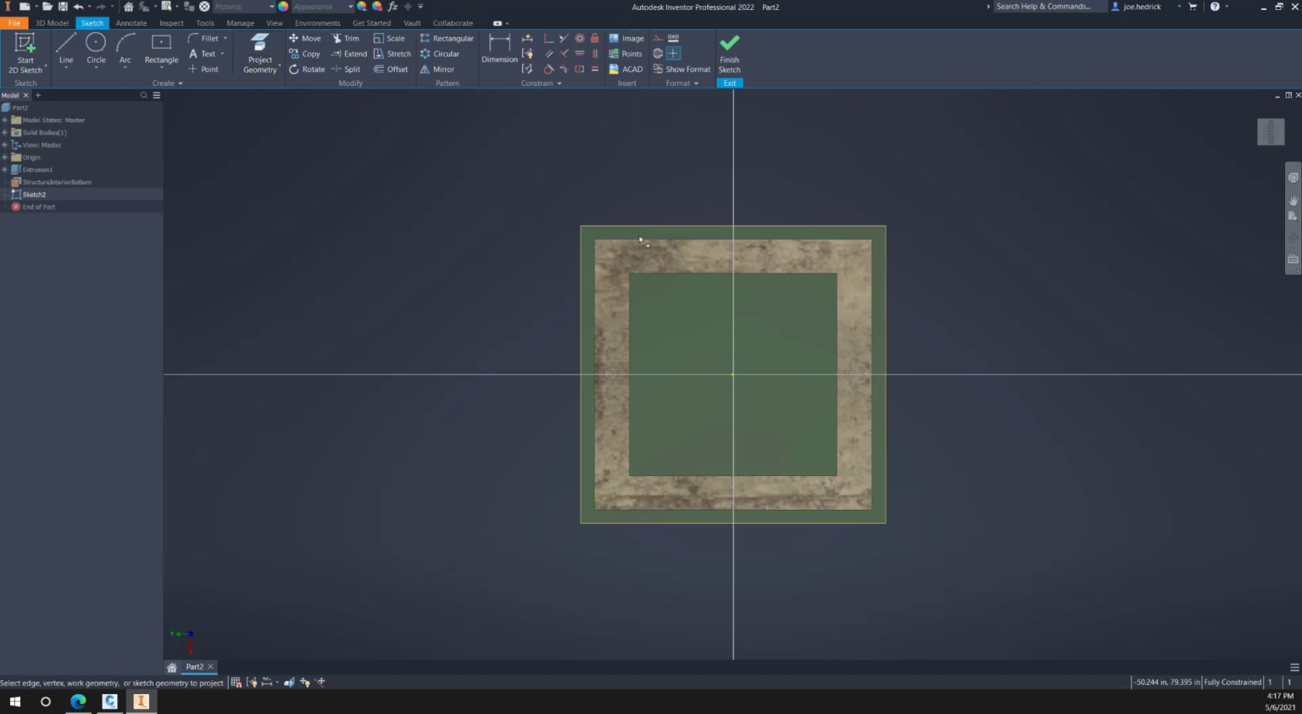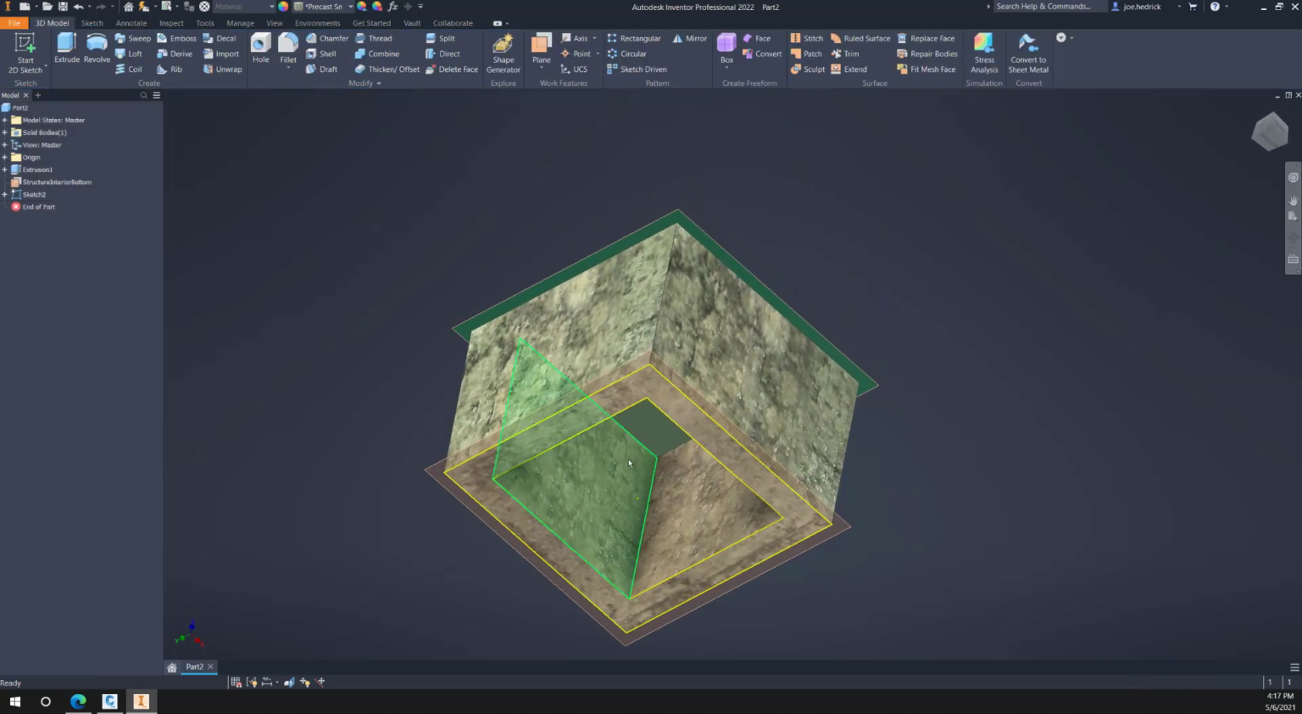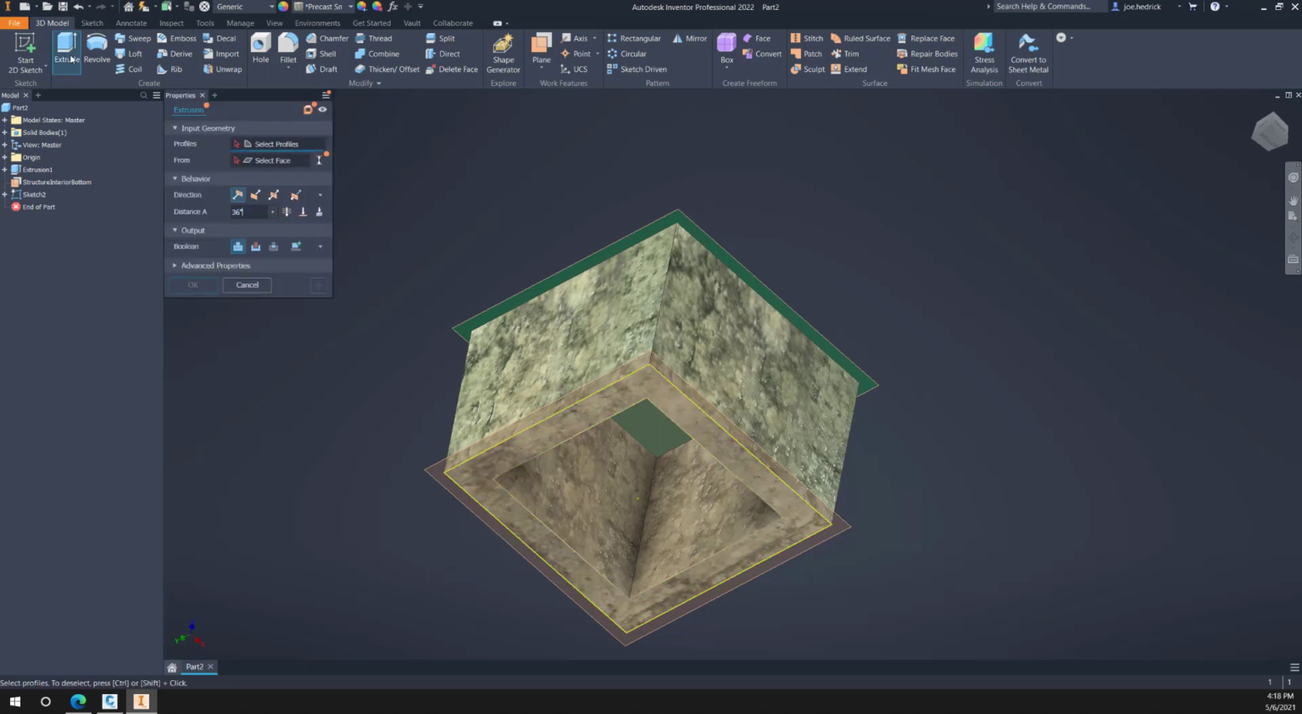And we'll say project geometry. We'll want to make sure that all of that is highlighted for the projection. And that's going to be really all that we have to do there, is now that geometry exists down on this particular work plane. And let's extrude this,